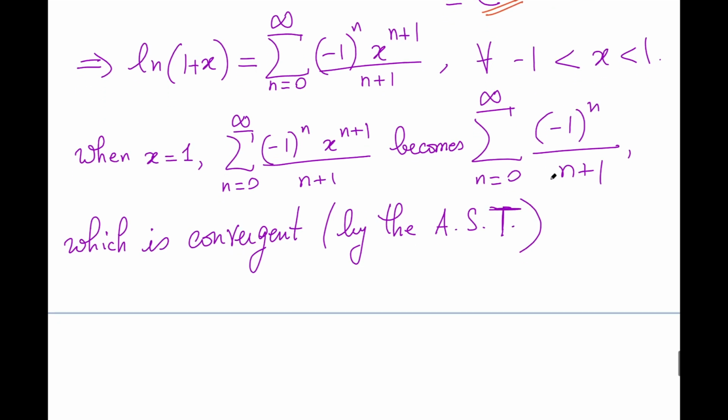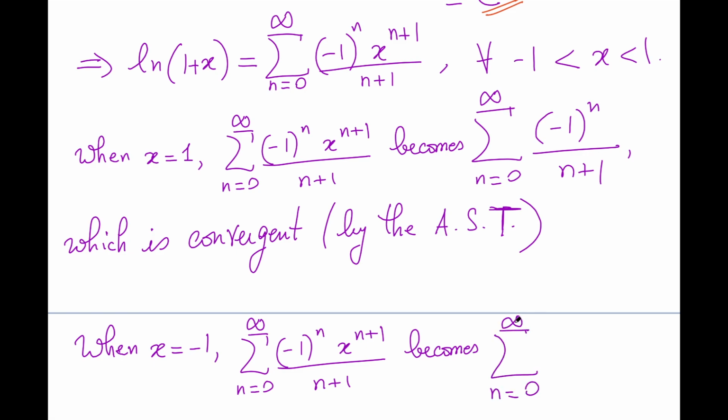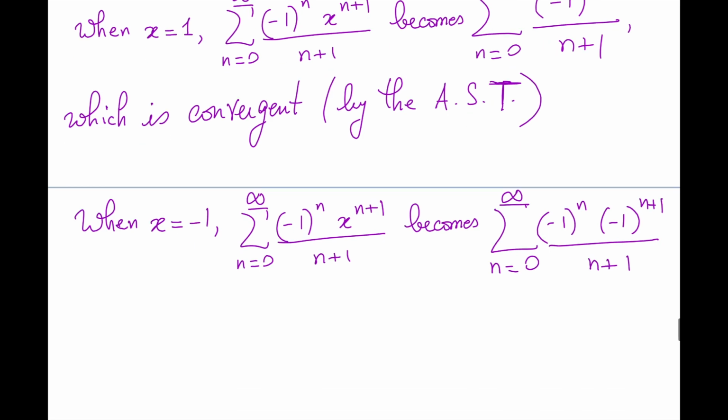On the other hand, how about when x is negative 1? So when x is negative 1, the series becomes, and by the series, again, I mean this. Just for completion, let me write it. I'm not going to write it, I'm going to copy it. That series becomes sigma, I'm replacing now x by negative 1, and what do I get? I get negative 1 to the power n times negative 1 to the power n plus 1, divided by n plus 1, which is the same as,